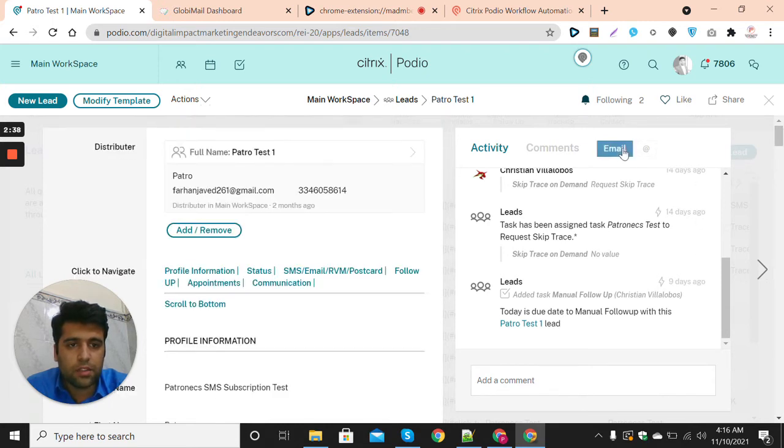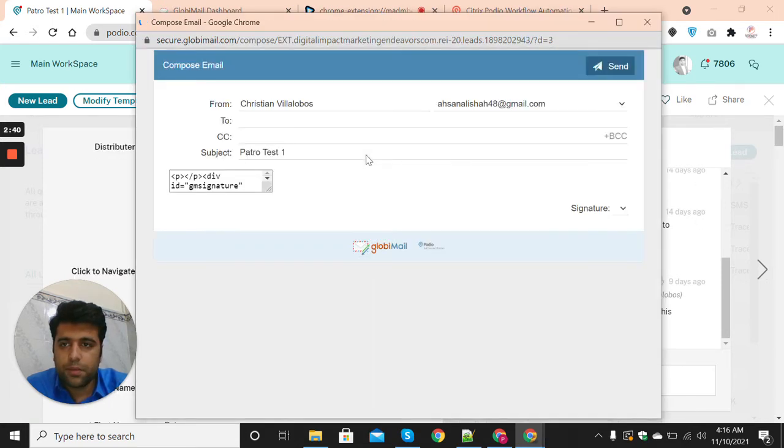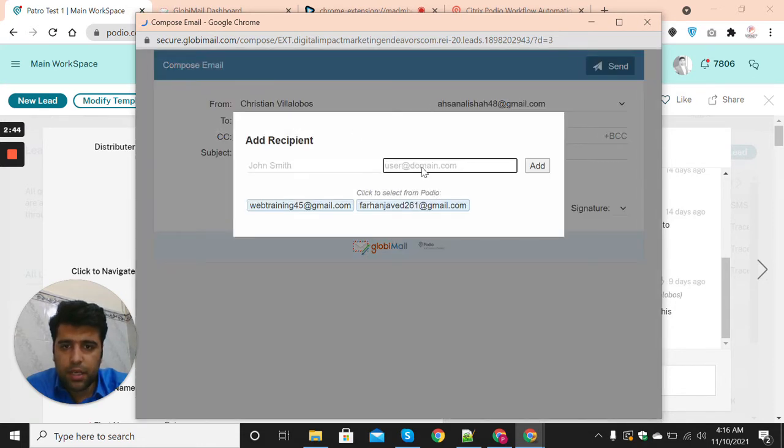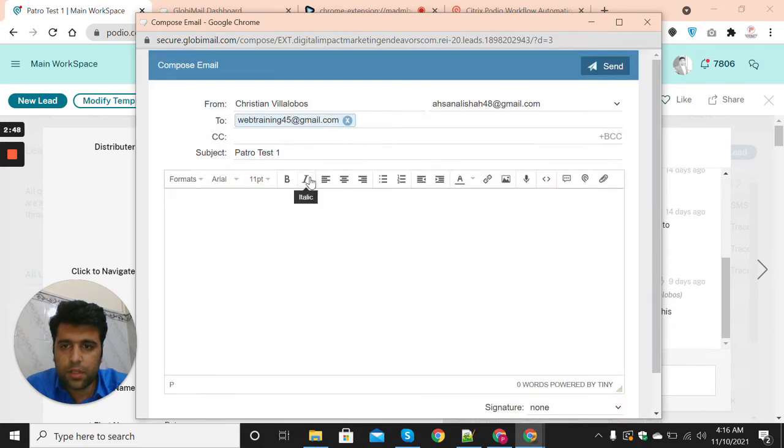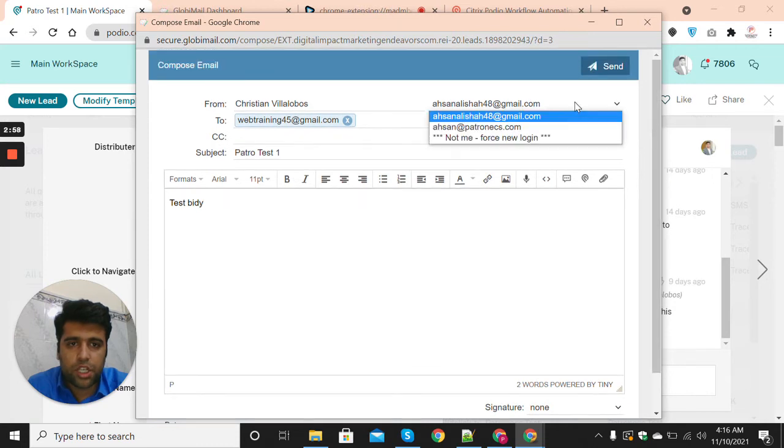So if I click on this email button, I can also type an email address here, and they will be visible here. I can select any one of them. I can type the body of the email, and I can also change my from address from here.